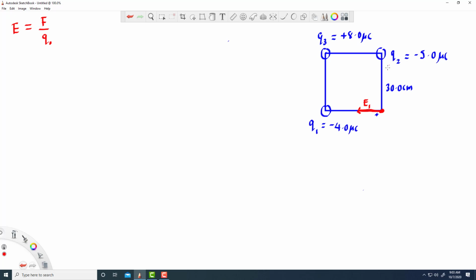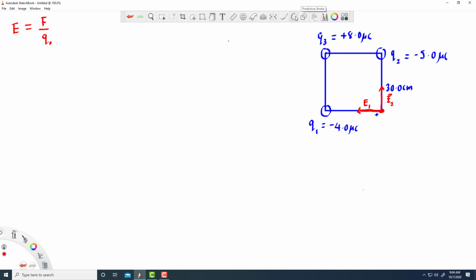And force of this charge on this test charge would also be pointing towards the source charge, so it would be up, so call that E2. And then force due to this third one would be away from this charge, because this is positive and this is also positive, so it tends to repel